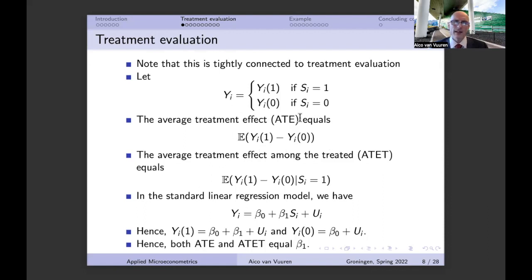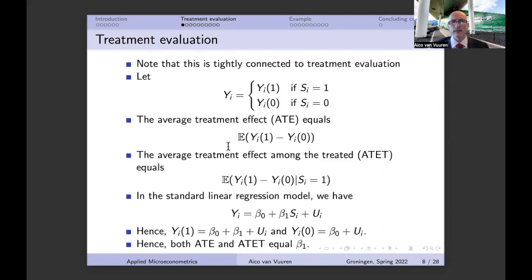It is essentially what we are going to get when we take the difference between a situation in which everybody in our population is treated, minus what we would have had in the case that nobody would have been treated. It's the average impact that we're going to see among all the individuals at the moment that they are treated. Well, the average treatment effect is a very interesting thing to look at, but we should take